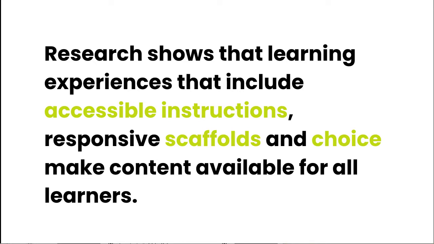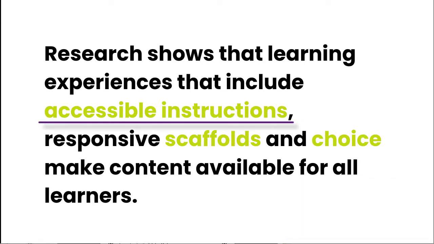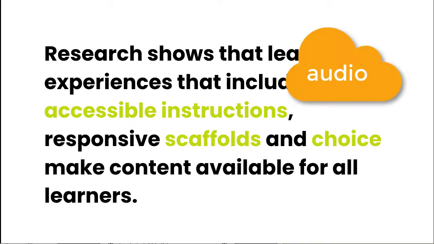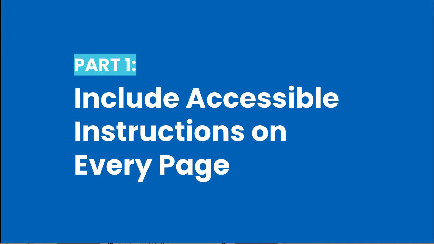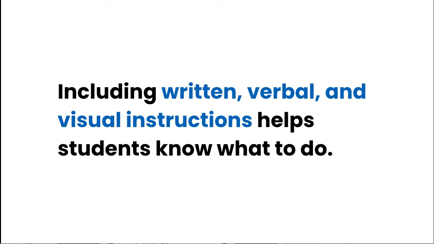Research shows that teachers can increase access to rigorous curriculums by making sure all learning experiences include accessible instructions, responsive scaffolds, choice with output, and multiple modalities including audio, visual, or kinesthetic learning. The first way to make learning accessible for students is to make sure the instructions are easy to understand. When instructions are provided in multiple ways, text, verbal, and visual, barriers are eliminated and students can better understand what